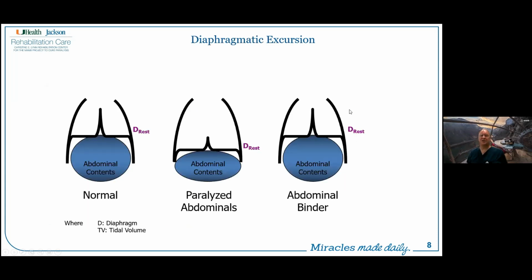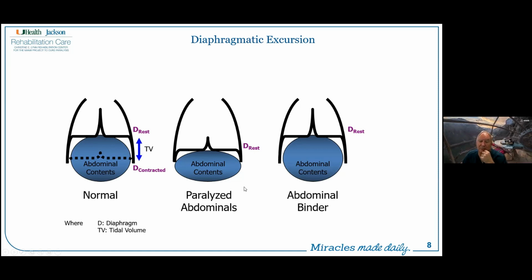We know that part of the dysfunction related to the neurogenic restrictive dysfunction is because of abdominal muscle paralysis. So a normal individual with fully intact motor function, when they go to contract, the diaphragm is up here, domed, because the abdominal contents are being held in by the abdominal muscles. And therefore, when you contract the diaphragm from its resting length, you get a fairly good tidal volume.